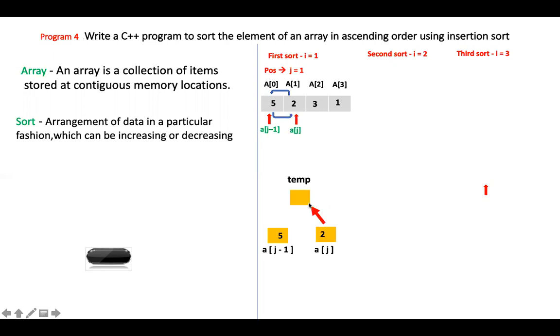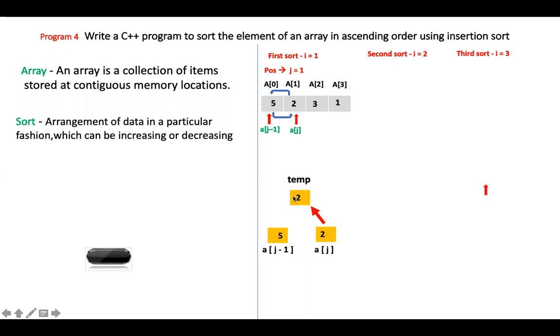Okay, now next, I'll shift this 2 to my temporary variable. See, now this will become 2. And yes, since you have shifted 2 over here, this will not get erased. Only after you place some other value will it get erased. Okay, so 2 is shifted to the temporary variable.